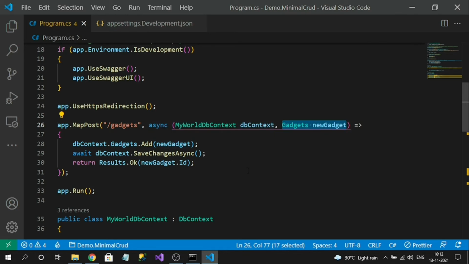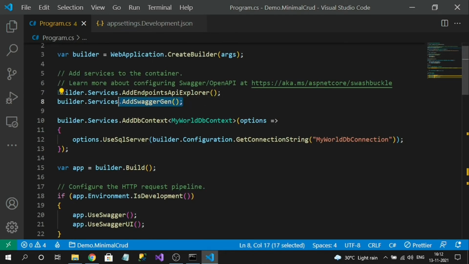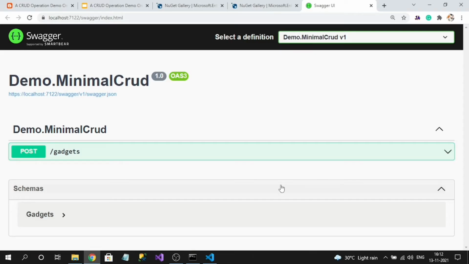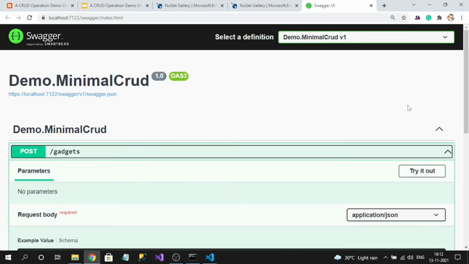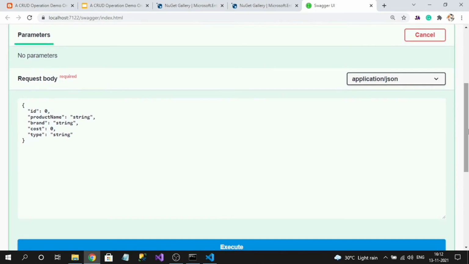So let's run and test. If you observe here, by default Swagger is enabled for minimal API as well. I am going to use that Swagger to test my endpoint. Let me run the project. You can see I have a post endpoint. Let me try to add some data.